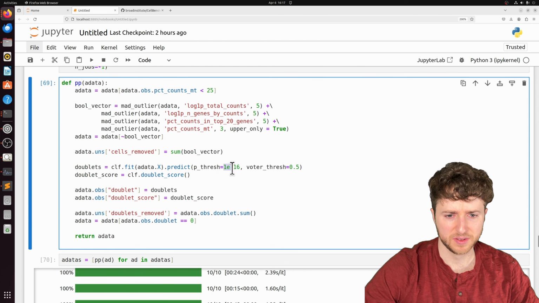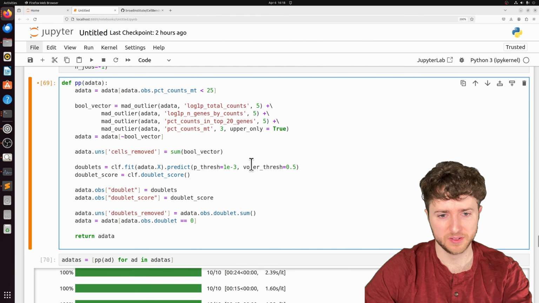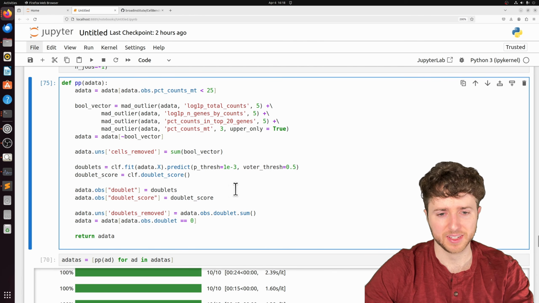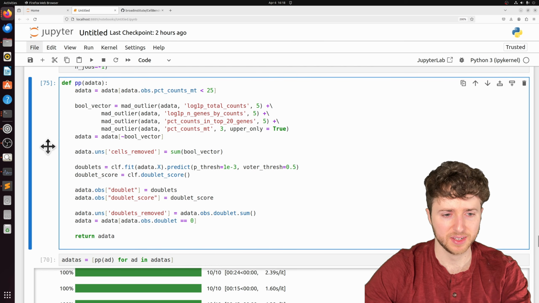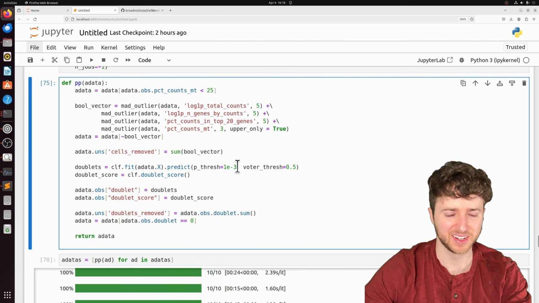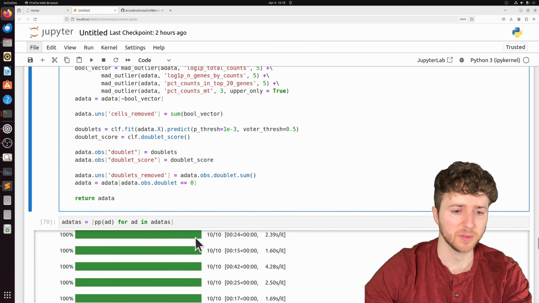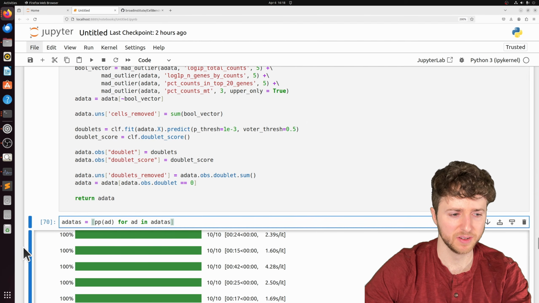You can either increase it closer to 1, or decrease it closer to 0. I do know that you can drop it to 3 instead of 16, and that's going to give you more doublets detected. It's not going to be a drastic number. It's only going to be like double maybe, but we're going to go ahead and run that again.